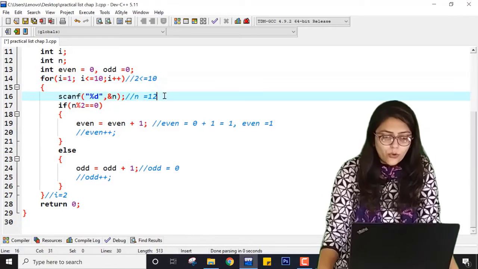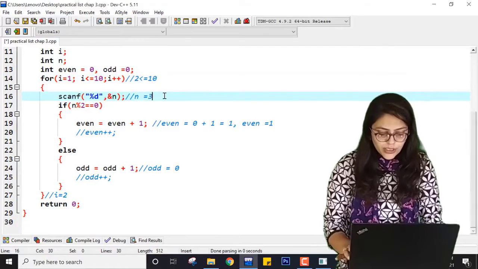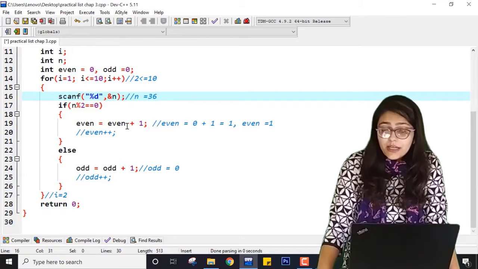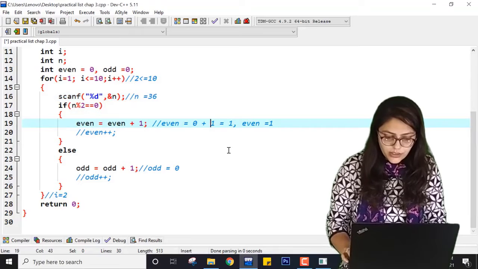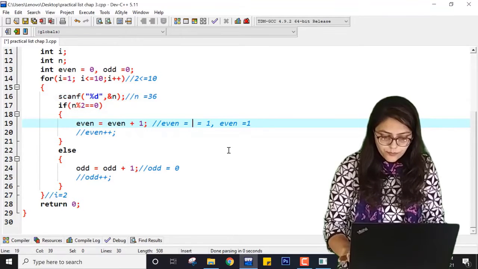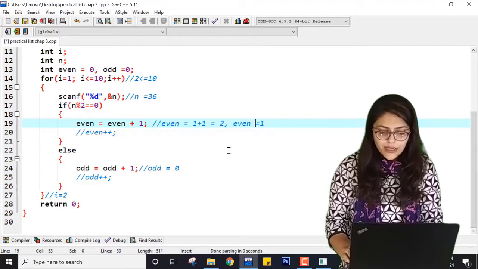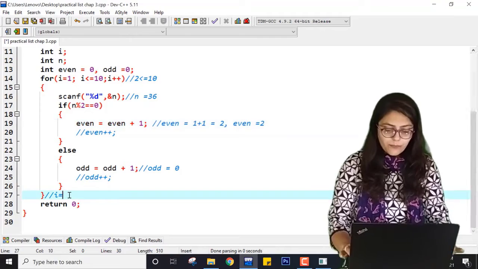The condition is true, so it can go inside. Now the user is entering 36, so 12 will be replaced with 36. 36 is divisible by 2, so even, which was 1, becomes 1 plus 1, that is 2. So now even will be 2 and odd will be 0. Now i becomes 3.